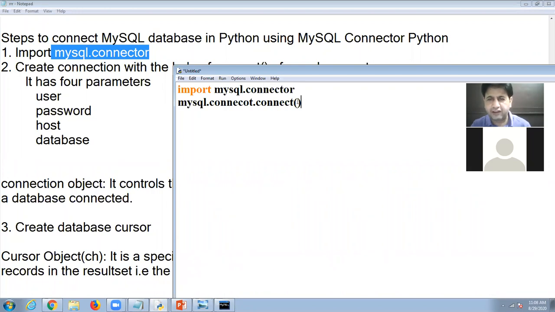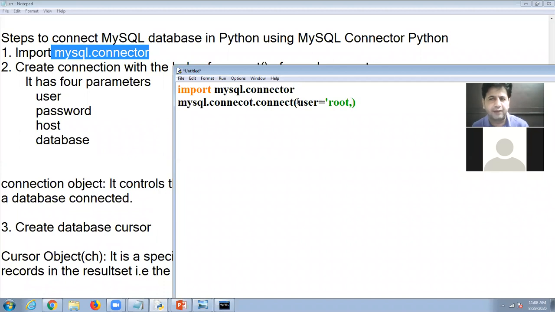Now this function has four parameters. User: by default in MySQL, the user is root. So if you have not created any user, by default the user is always root, comma. If you have set any password for the user, yes, I have set.